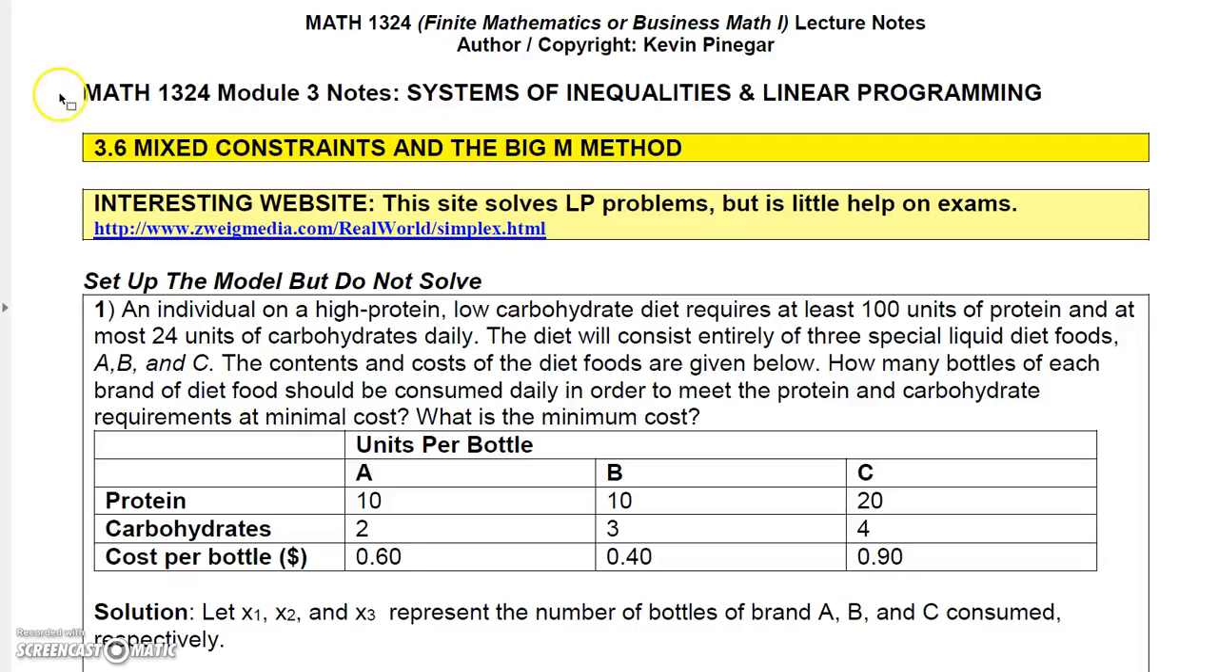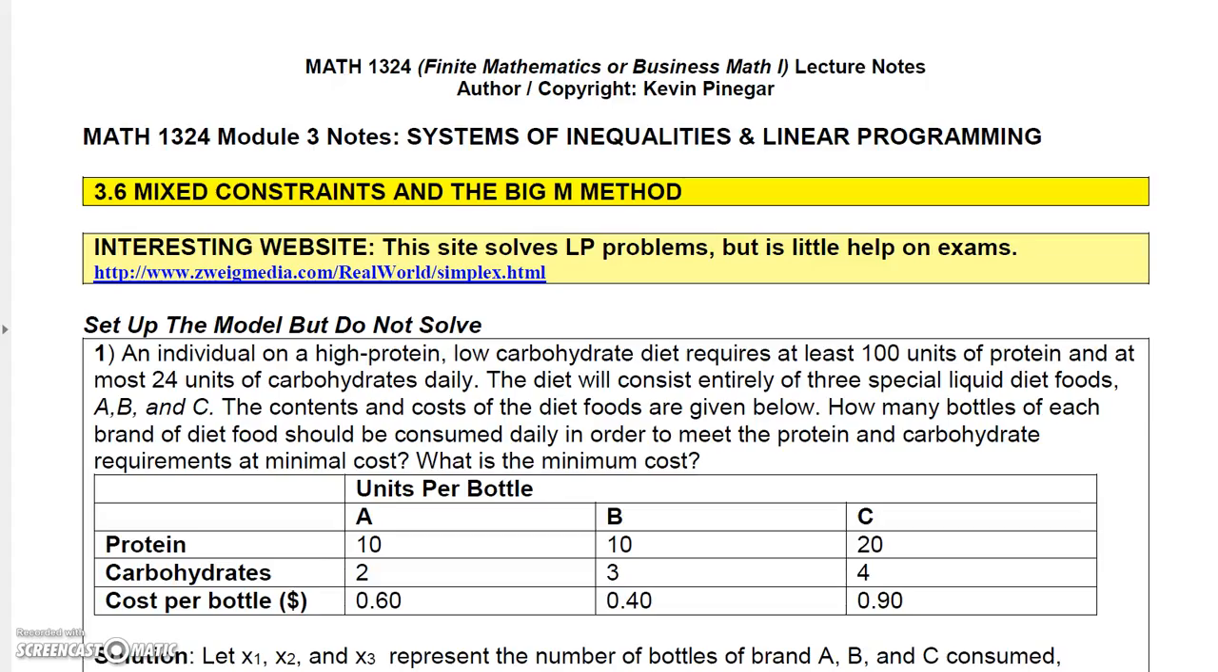In this last section, I'm going to start out slow and then I'll end with a bang. So you may not like the ending, but let's look at what I call mixed constraint